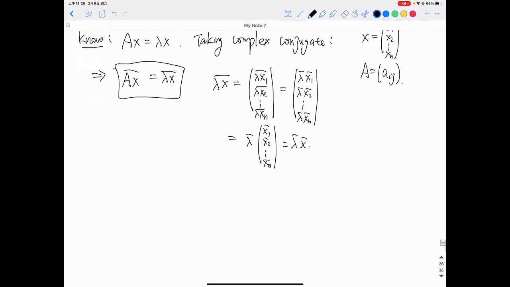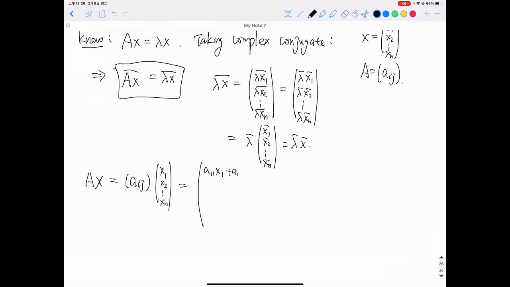So now we process the left-hand side. Ax, what is Ax? This is A, right? Aij has its entries, and you have x still what it is. So the entries of Ax are the following: